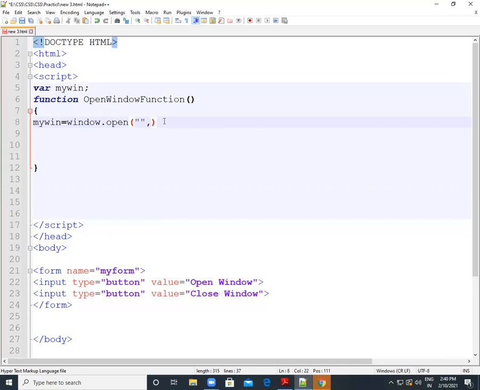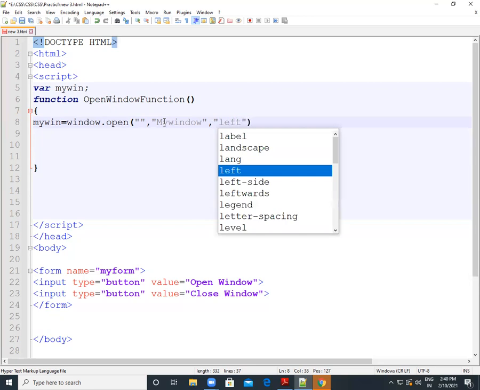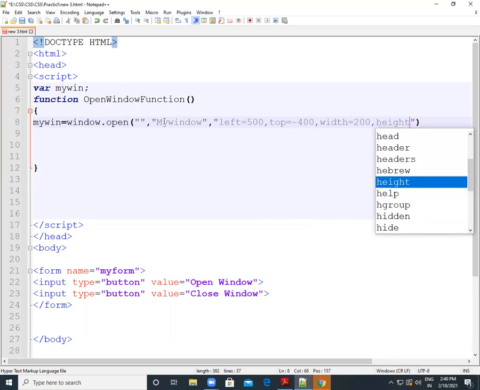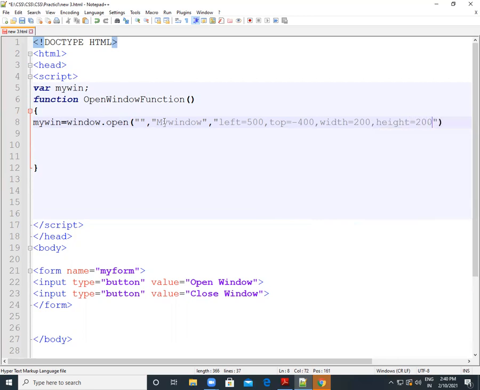First, we didn't mention any URL here. Now I mention the name is my window. Then we give some parameters: left equal to 500, top equal to 400. Next, width and height of our window: width equal to 200, height equal to 200. Okay, so we only put some parameters.